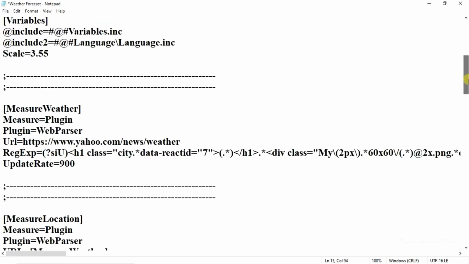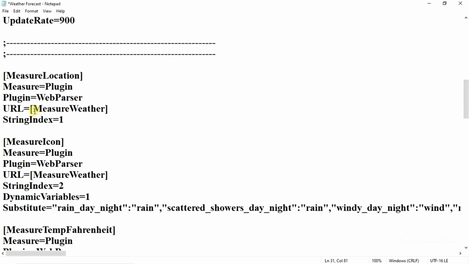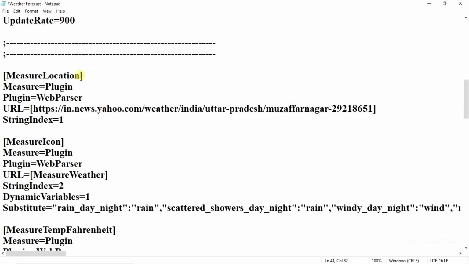Another, measure weather, replace this URL, and location, you again replace this. Once you have done this, click on the file icon, click on Save, and close this notepad file.